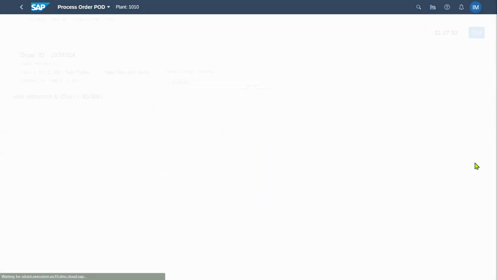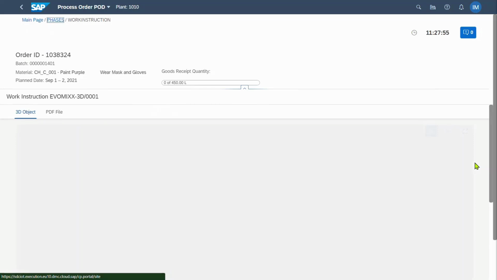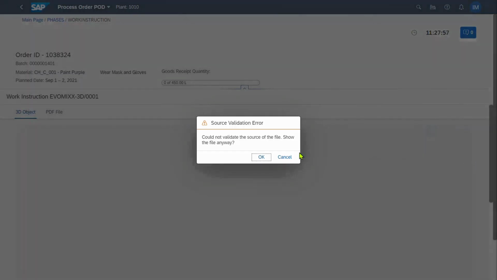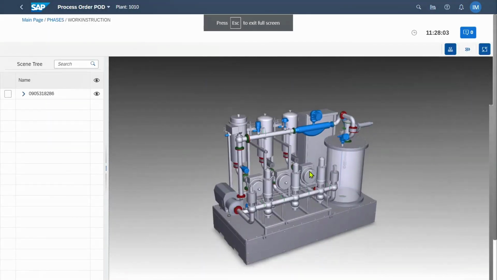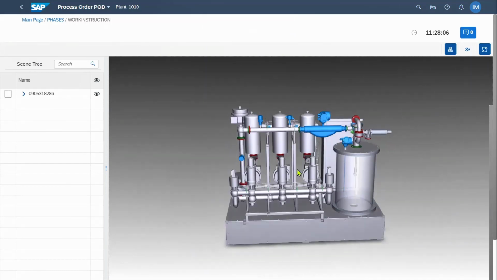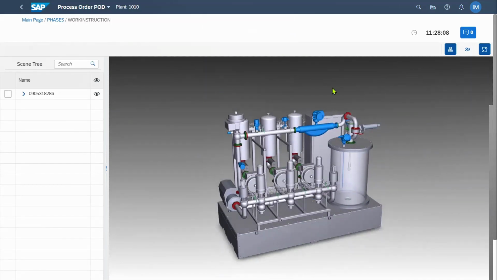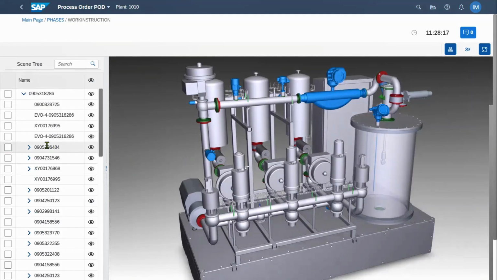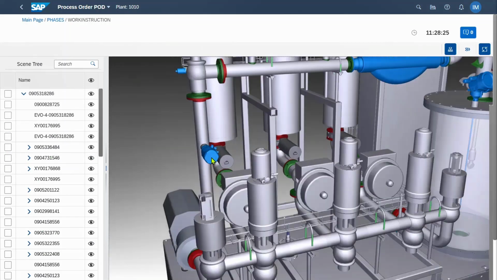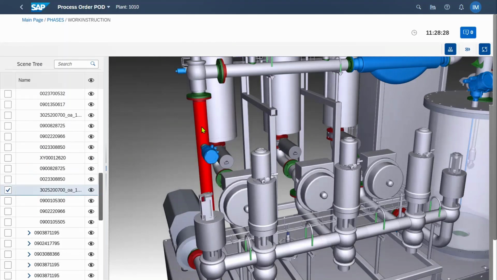So an example here is to look at the equipment of the Evo Mix, and we can drill down and get a 3D representation of the equipment. And maybe what the operator can do here is look at the equipment in details, and maybe we've got some work instructions, some steps here to evaluate. So we've got these step navigations, haven't got any in this case, or maybe we can just explode the equipment and drill down and look at maybe some setup of the machine to make sure that we've got the right settings before we start the work on the actual operation. Let's go back now,